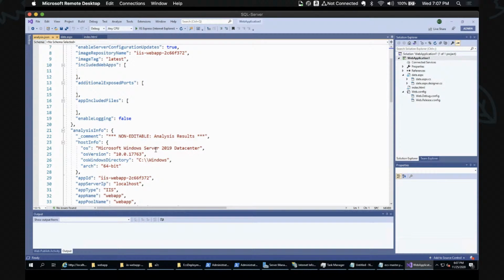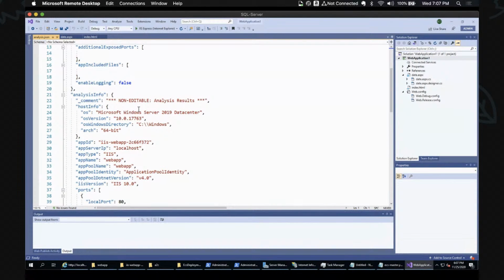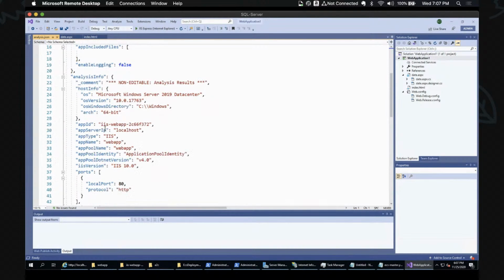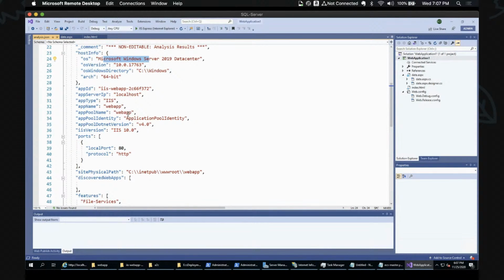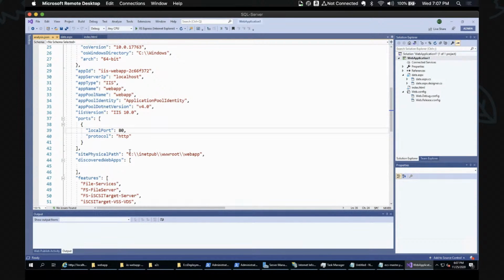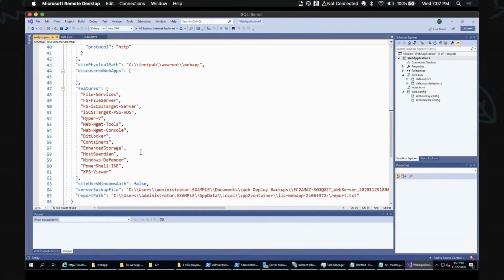There are some configurable options here, like the operating system detected, the name of the application, the IP, the IIS version, the local port that it is bound to, and also the features installed on the server.